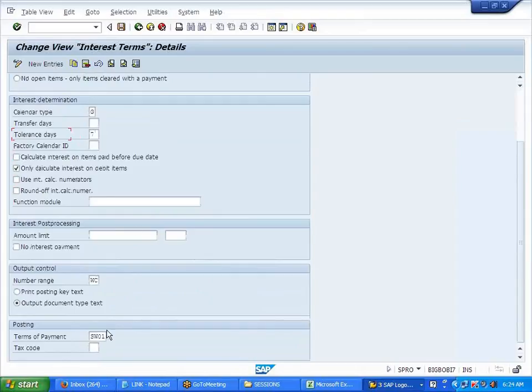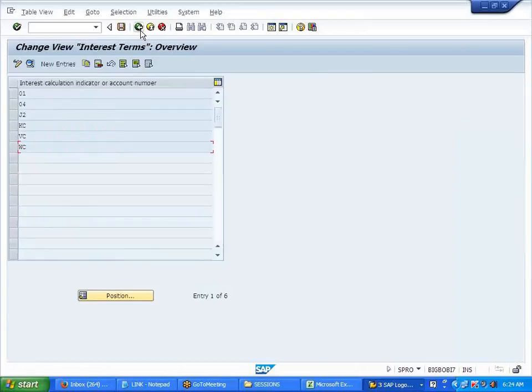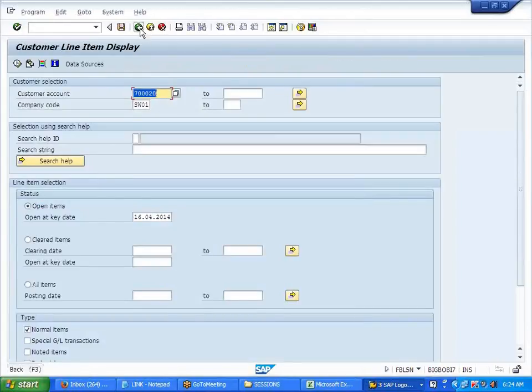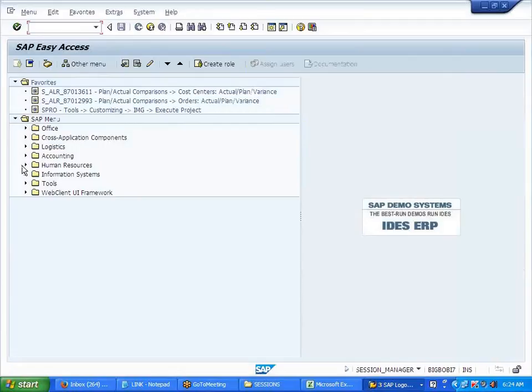Next we'll see the payment term. And if you remember, the second point is we have not updated the interest indicator for customer Ravi, so it should not calculate interest for that. It should calculate only for Hari Prasad.